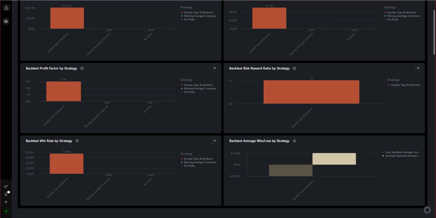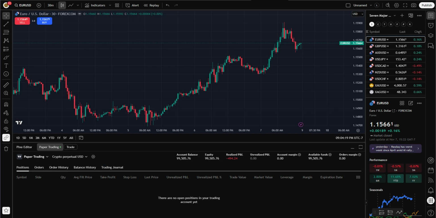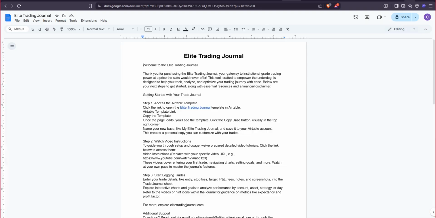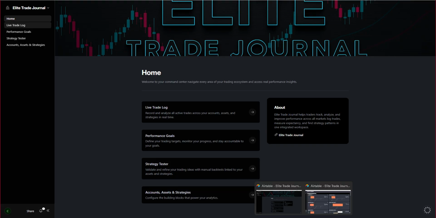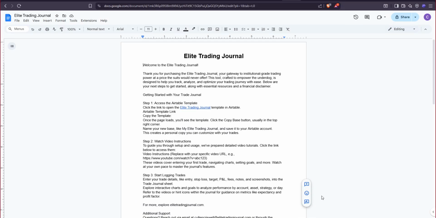When you guys get this, it'll be empty. It won't look anything like this. When you guys get this, it will basically be a blank sheet. So after you purchase, you'll basically receive, it might look a little different than it does now, but you'll receive a link to this page, and you'll be able to click here and copy